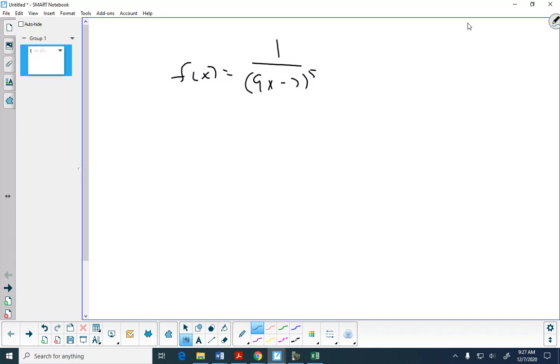All right, what we have here is two different opportunities. We could do this two different ways. Once again, there's more than one way to skin the proverbial cat. We can look at this as a quotient rule, which is the derivative of the top times the bottom minus the top times the derivative of the bottom over the bottom squared. That's the first way we can deal with this. So if we look at this as a quotient rule,